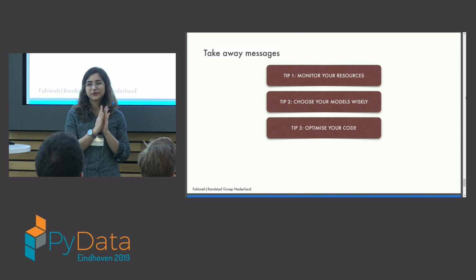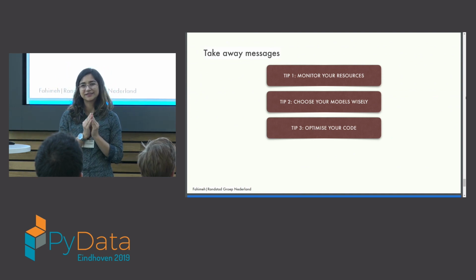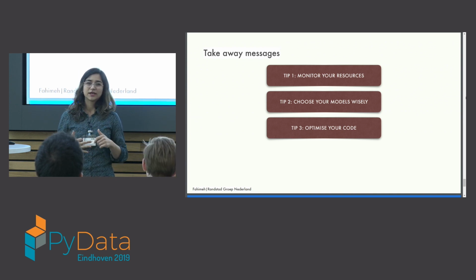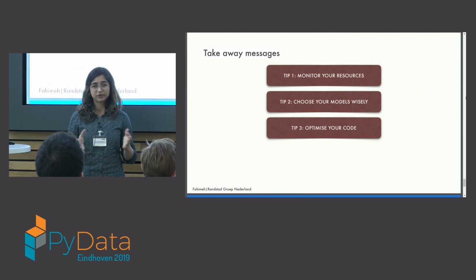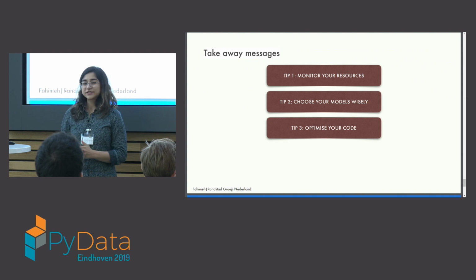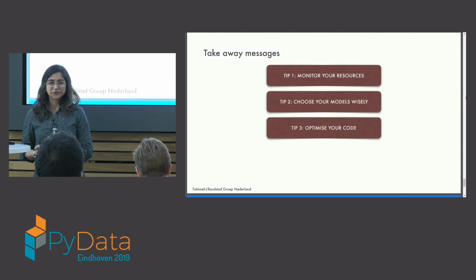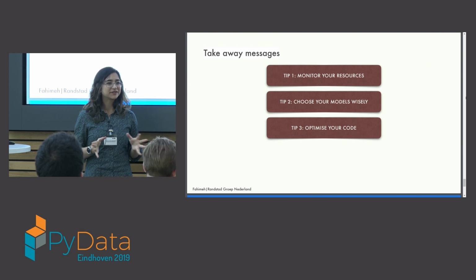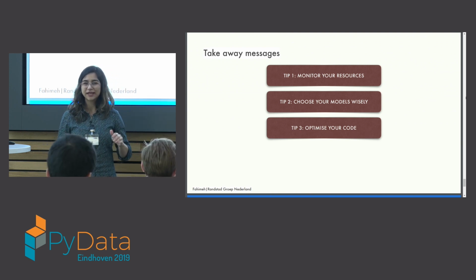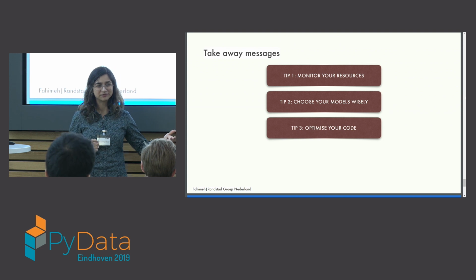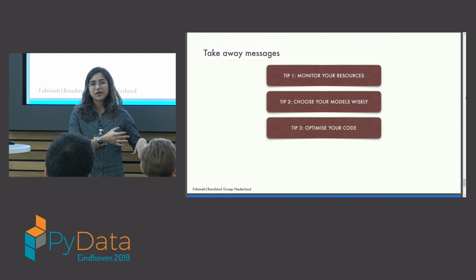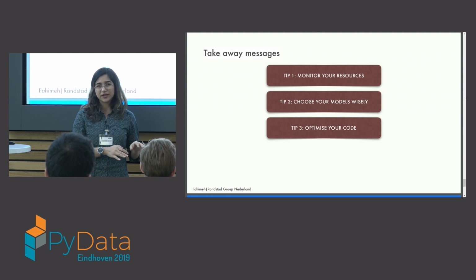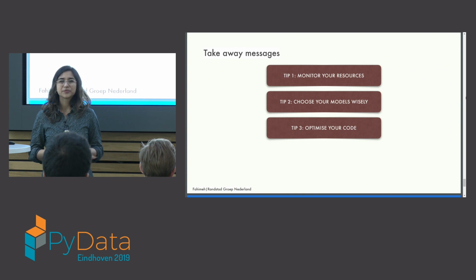Okay, so the takeaway message is that we have 3 tips that are going to improve your data science ecosystem a lot, and some of them can actually be applied in any software engineering case, right? First, monitor your resources. Because in the end, the software can be efficient or inefficient, but the hardware is actually consuming the joules. So it's really important to be aware of what kind of resources you're using, be aware of underutilized resources, and try to minimize them.